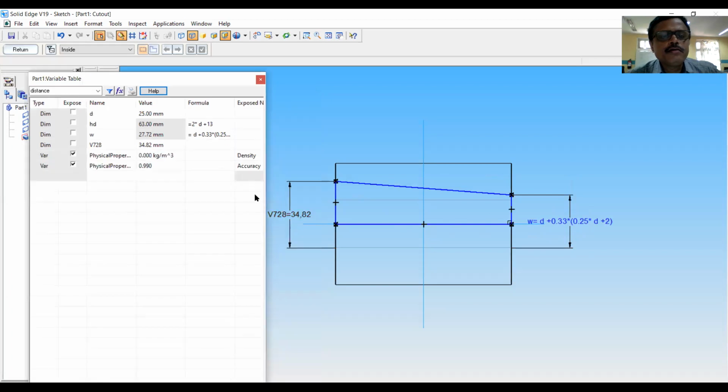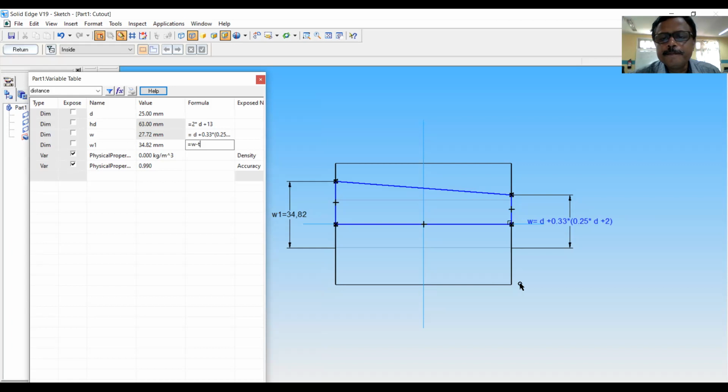Similarly, for this, the equation is, I will write this time as variable W1. And this will be equal to W minus T, which we entered earlier.